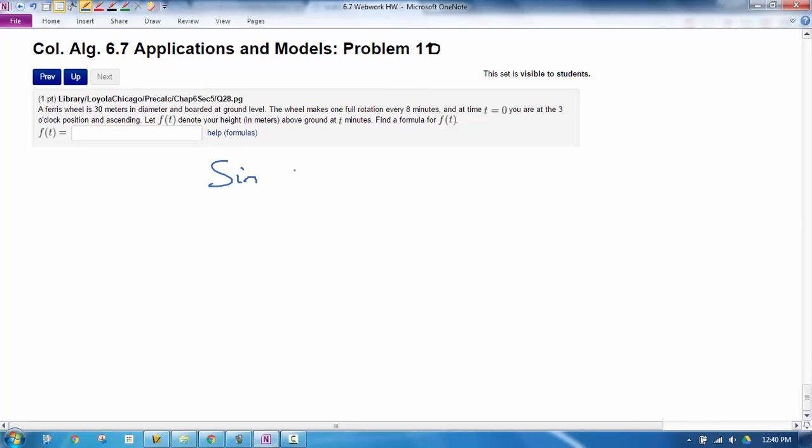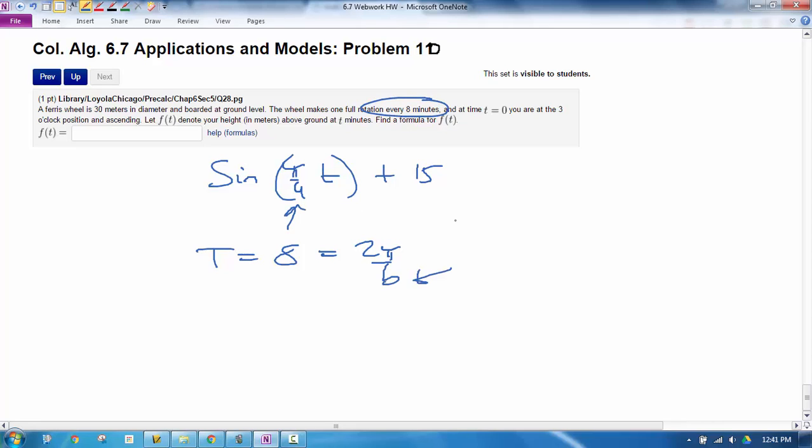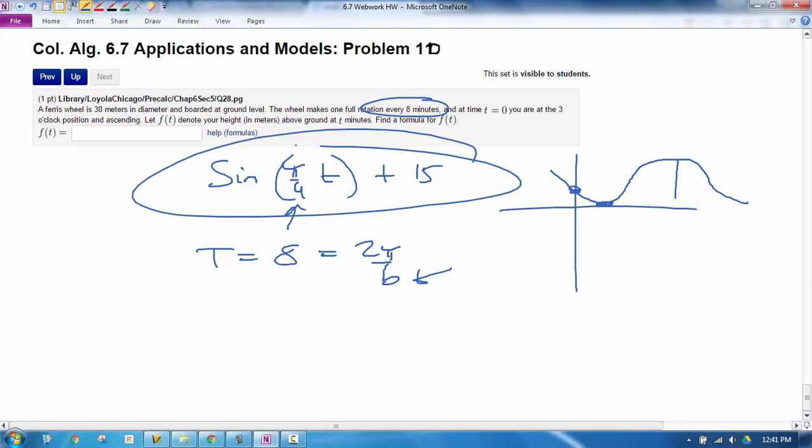Okay, the last problem then, the answer should be sine of pi over 4 t plus 15. If you want to know how I got that, I set period equal to 8 because it told me that period was 8, and that's equal to 2 pi over b. So if you solve for b, that's how you get the pi over 4. And then it needs to be shifted up 15 units because your sine function needs to look like this to represent you're going down and you go back up to the maximum. We'll go over this one more in class. This is a tough problem. If you have questions, you can ask me in class. We'll go over it more. But the answer ends up being sine of